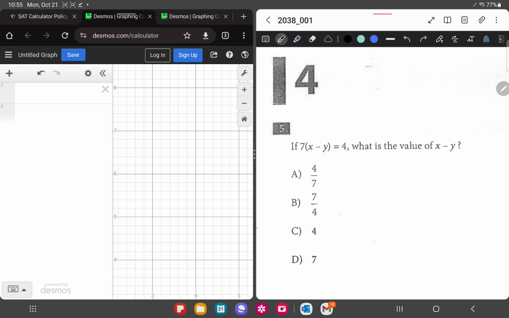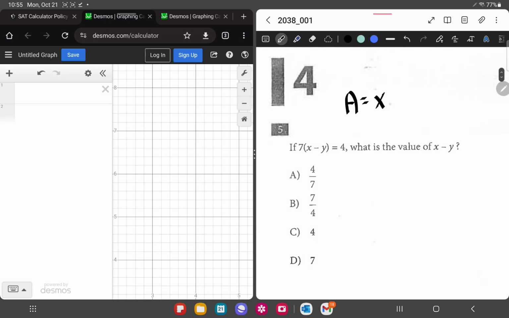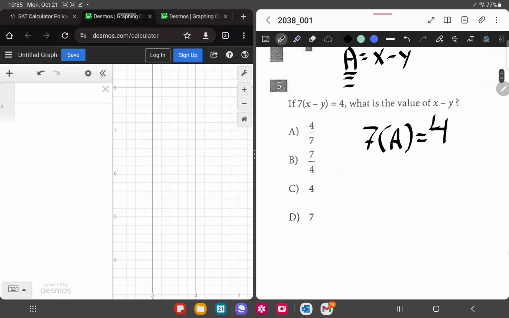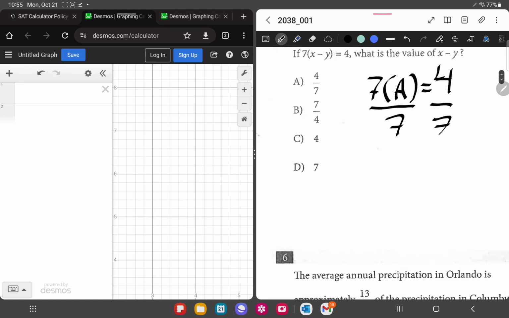So this is how it's going to work. A is going to be my new variable, and that's going to stand for X minus Y. Instead of plugging in X minus Y, I'm going to plug A into the equation. And now you're going to see that you have something I'm pretty sure you guys can solve. We have 7A equals 4. I'm pretty sure you guys know how to solve this. Pretty easy. You just divide both sides by 7. So A has to be